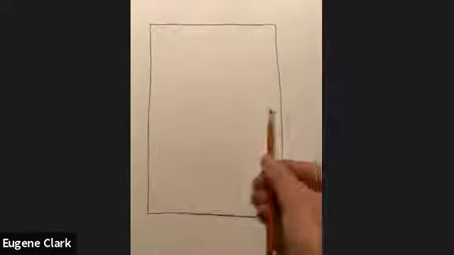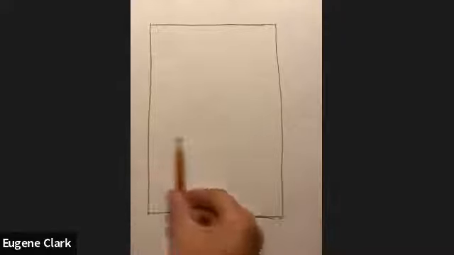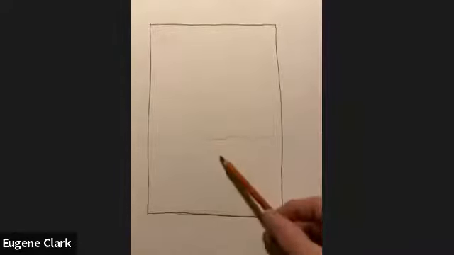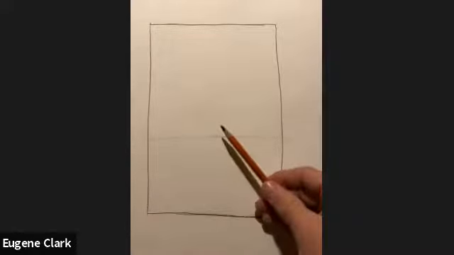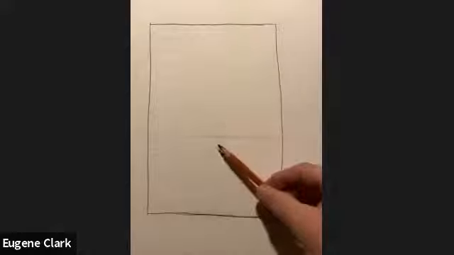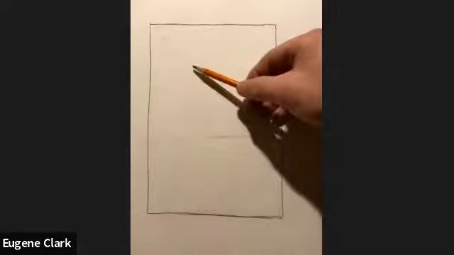So I'm going to choose to bring that line down. If this is our midpoint, I'm going to bring it a little bit below that. So I'm going to establish that down here, and I'm just lightly drawing it because I want to set up my composition. I like to use things like spheres, cubes, cones, things that I'm familiar with. So what I'm going to do is set a cone